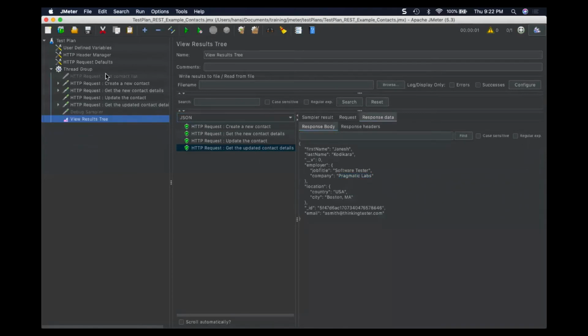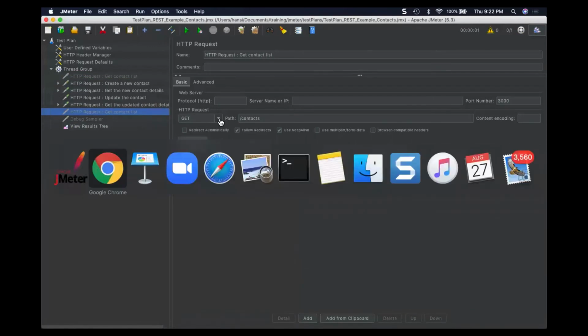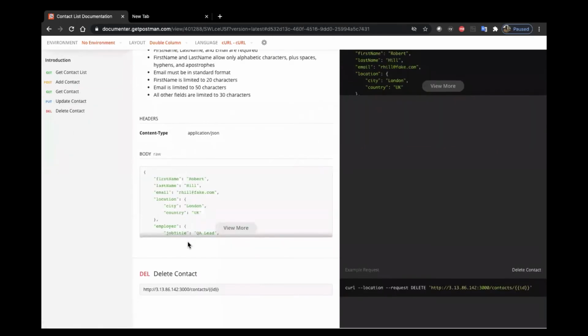It's to delete it. I will get a duplicate of this, Control Shift C, and drag and drop. As you can see in the API documentation, go to delete, the method is delete, and you need to pass the ID in this case as well.